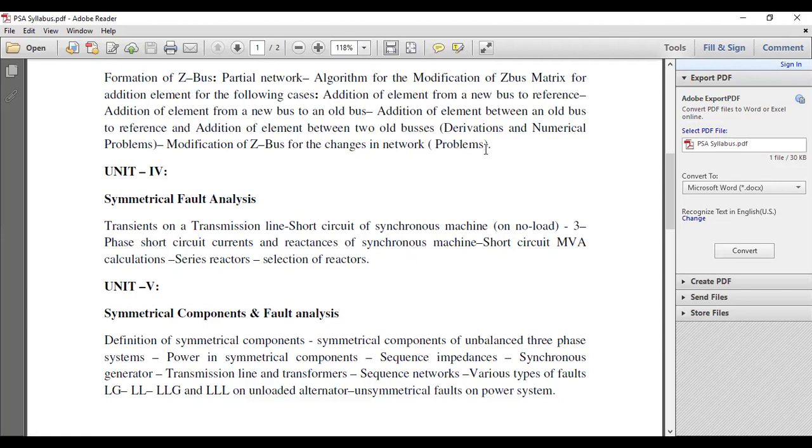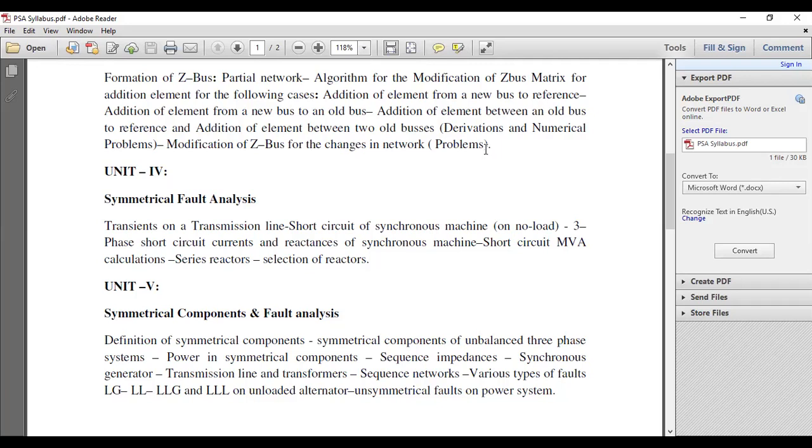In this particular chapter, you must remember one point: we are going to deal with the balanced power system. The analysis of a balanced power system is easier than an unbalanced power system. Why? Because if any three-phase fault occurs in a balanced system, you need not determine the fault currents flowing in all three phases. It is sufficient to determine the fault current flowing in one phase. Later you multiply by 3 to get the total fault current in the three phases.